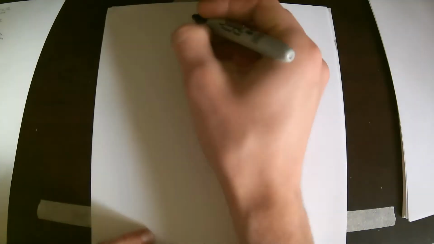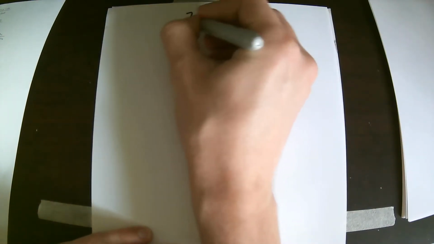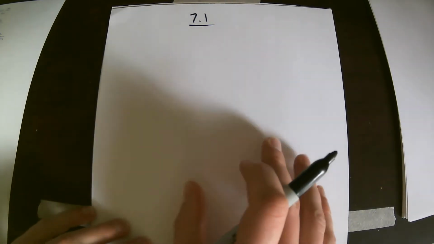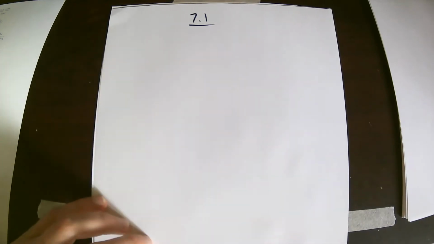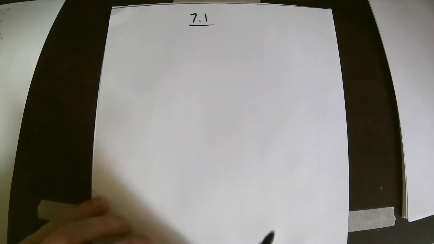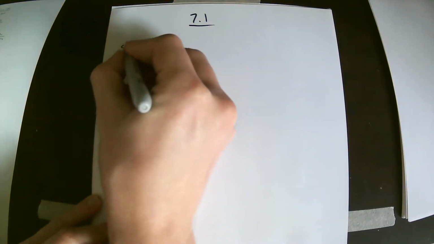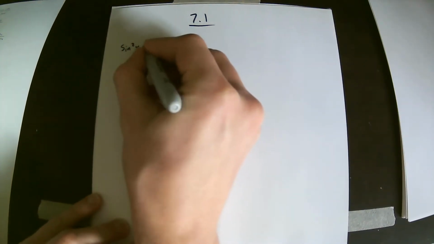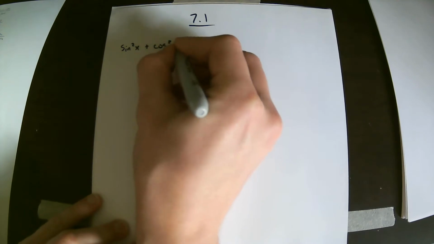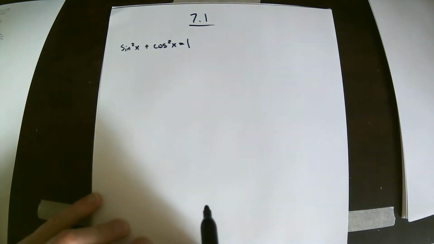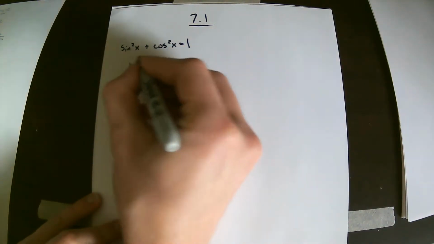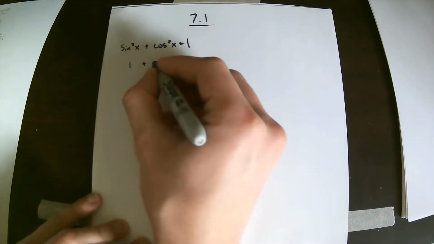Okay, so this is 7.1. This section, there's not a lot to say, there's not a lot of conceptual things to explain. Basically, this is where you get to practice using all of the identities that you know, like the Pythagorean identity, or this is one of the Pythagorean identities, the other two being,